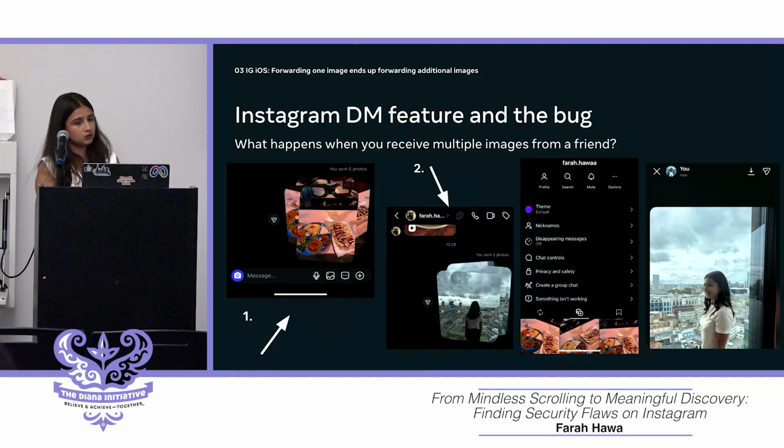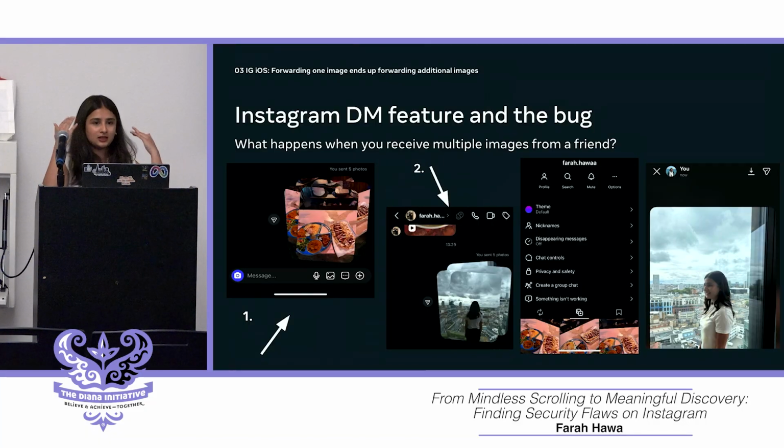But the second way you can view all the media that's shared in a DM is by clicking on the person's profile, scrolling down, and then you find all the images that are shared by both of you in the chat. Now, when you are in this viewer, and if you select one of the images that your friend sent you out of those 5 or 6, you will see the forward button. Then you can choose to forward only one image to another friend of yours. But once you do that, what ended up happening was that all images sent by your first friend were sent to this other friend. Now, this is a privacy concern because the user expects only one image to be forwarded, but they unintentionally end up sharing all the 6 images instead.